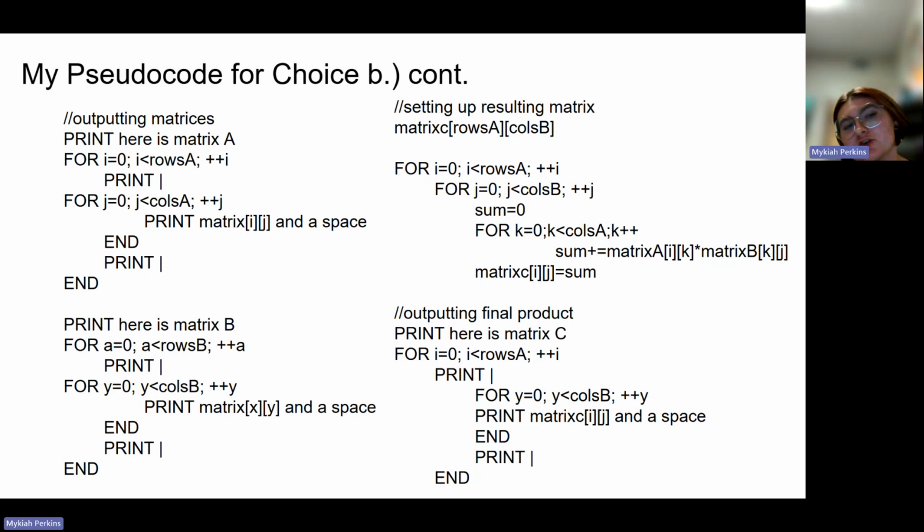Next, we have outputting the matrices. So we start with a simple print statement, and then we have two non-nestled for loops this time. The same for loop setup as previous, and then it prints a singular line as is required by the sample output we were provided. Same thing for J, but instead of printing that sample line, it prints that matrix and